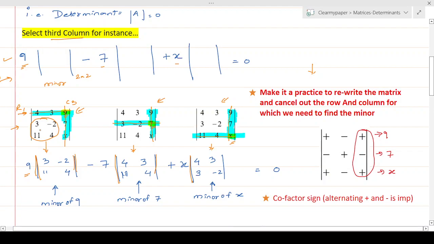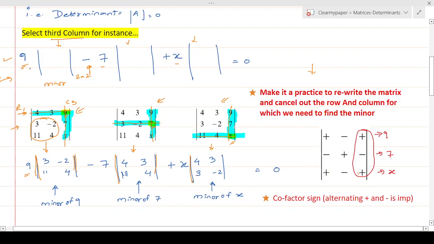That's number one. Number two is that between each of these terms, there are 3 terms, we have to put the algebraic sign. And that's where the definition of cofactor kicks in. If you remember, we formed this cofactor cheat sheet, how to remember that all the diagonals are going to be positive and all the non-diagonal elements are going to be negative. So we need to apply this algebraic sign over here.